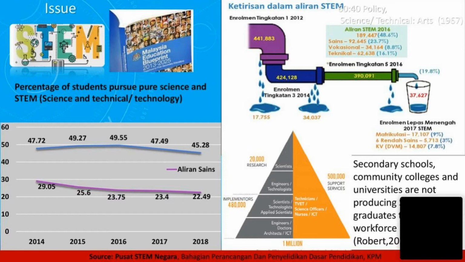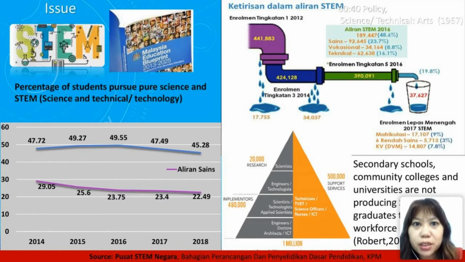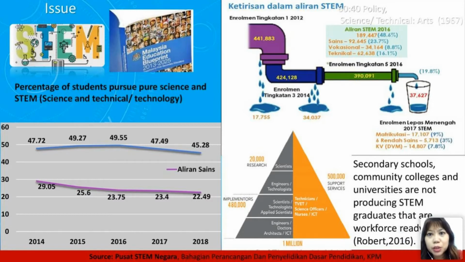Yes, please continue. According to the Malaysia Education Blueprint, STEM education is very important because in Malaysia, we need 500 million STEM workers. But the students that enroll in STEM education seem to drop out after the PT3. The number of students who pursue STEM education is reduced. And when they go to higher education, the number of STEM students keeps reducing. So today we would like to present